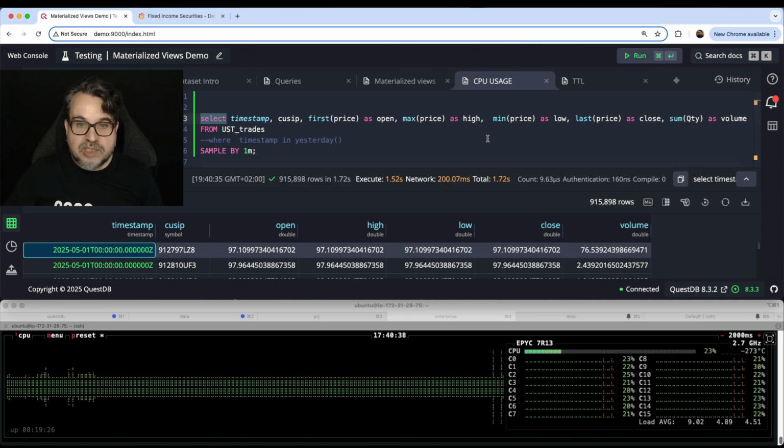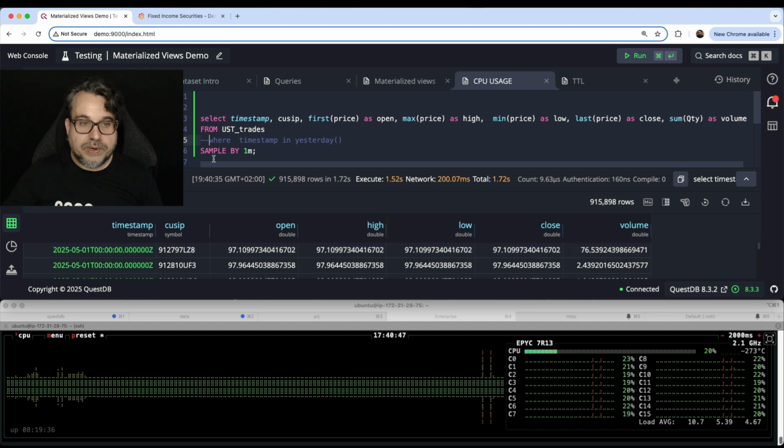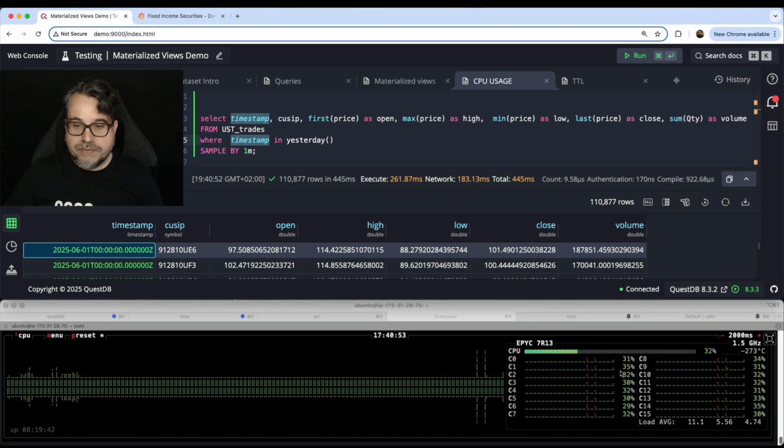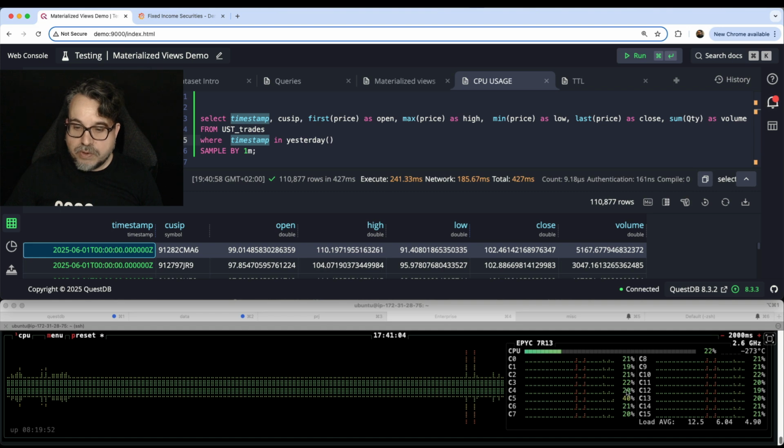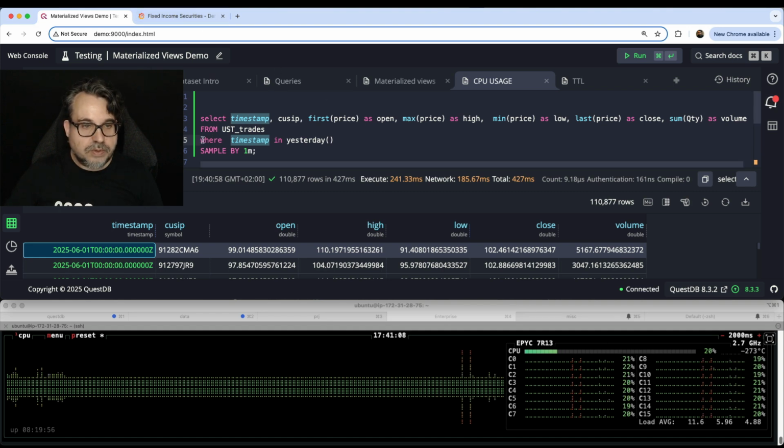So at this point the query is not only taking 1.5 seconds to execute, but also the CPUs are using a lot of power. If I filter only for 1 day of data, of course it will be nicer and faster, but still I can see they jump every time I execute to about 30 something percent of CPU. So they're using 15% more than what they use with only the dashboard.